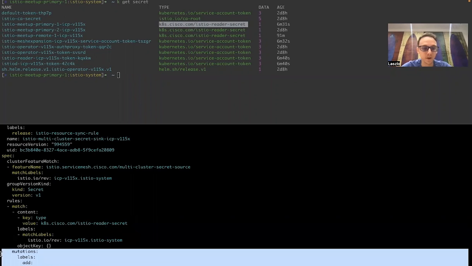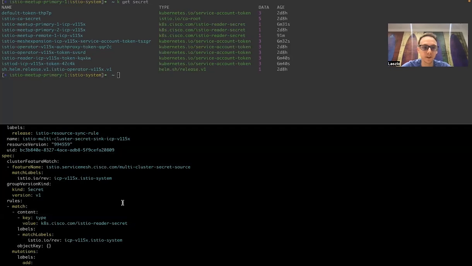And there is an additional thing here, which is a mutation, which basically tells the cluster registry controller to not only sync secrets from one cluster to this one, but